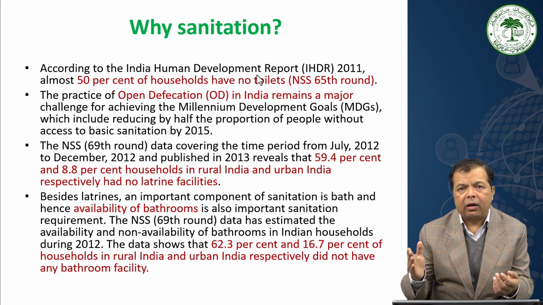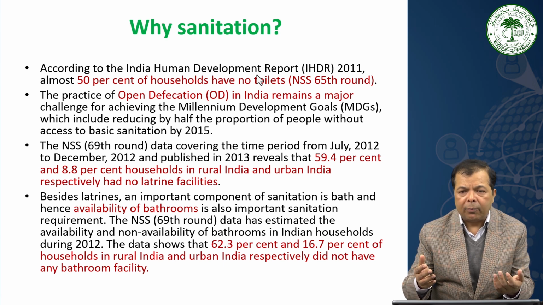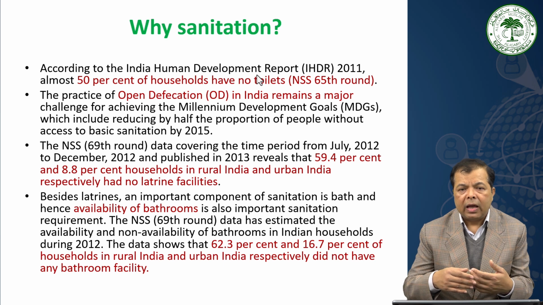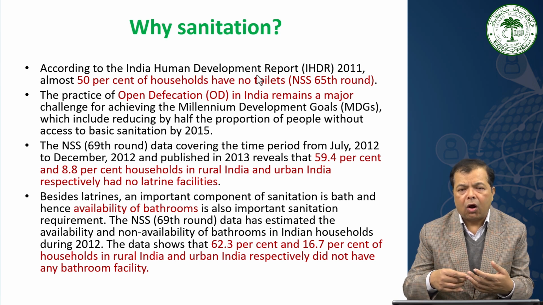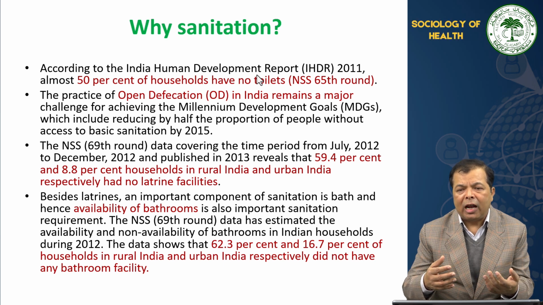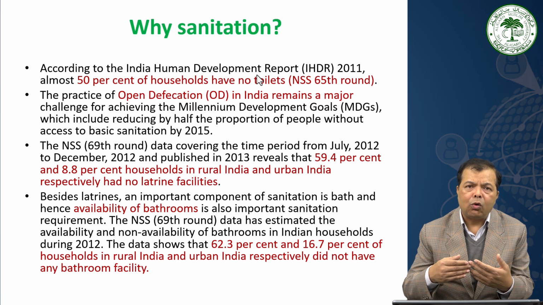Although we had several sanitation related programs, but the open defecation was still a big problem. And then why open defecation was prevailing? Because there were no toilets or latrines, right? So if you see the NSS 69th round figures, then we get to know that about 59.4% and 8.8% household in rural India and urban India respectively had no latrine facilities, as per the figure provided way back in 2012-13, right? So when this number of households are not having